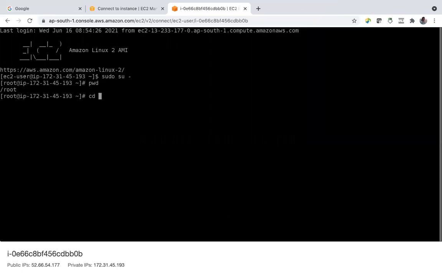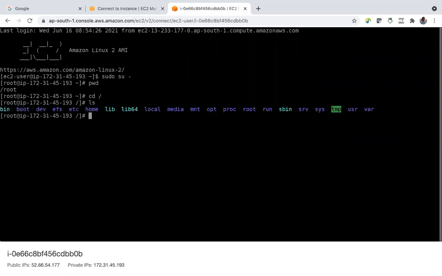And we also know the Linux file system. cd space forward slash will take me to the root directory, and this root means parent directory. We also have one subdirectory with the name root. This means your root user's home directory. Say ls will give you a list of things,